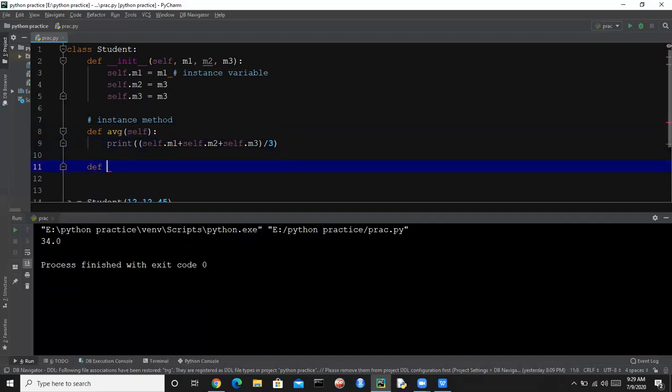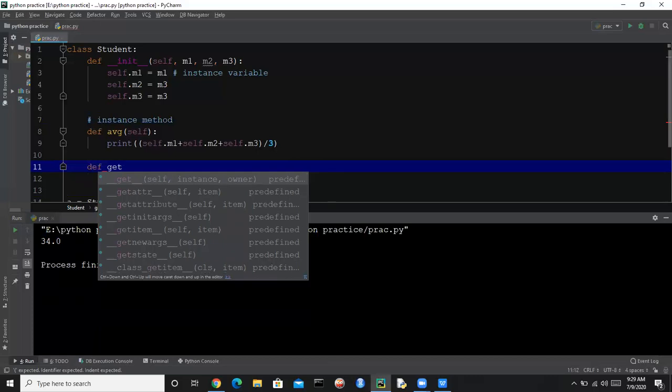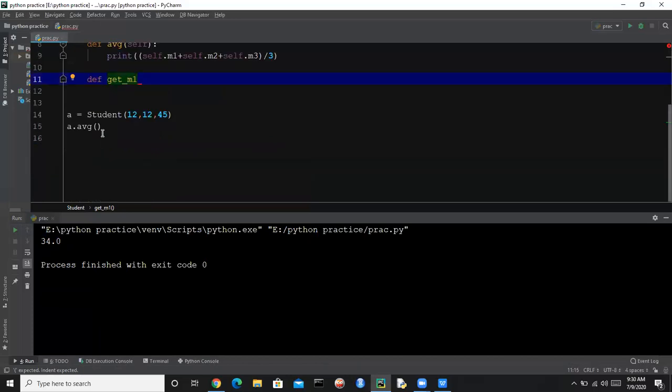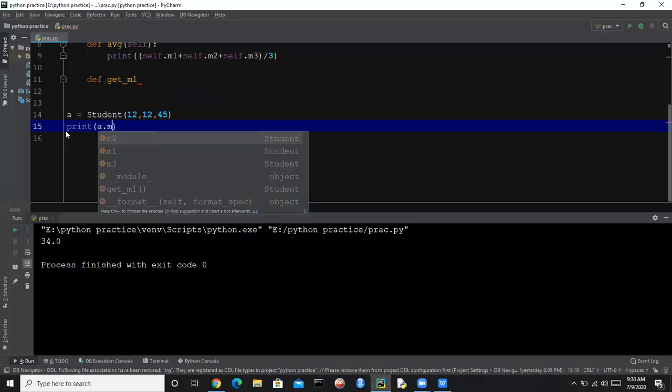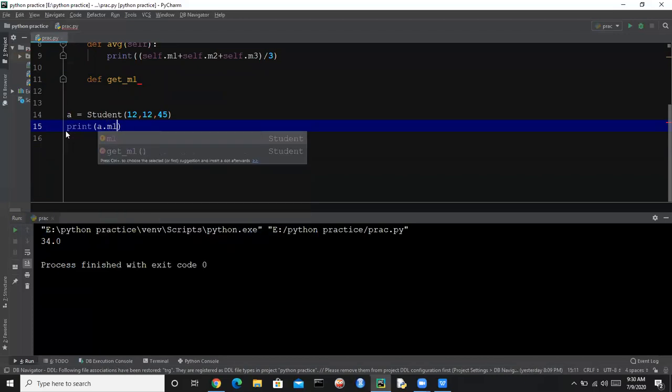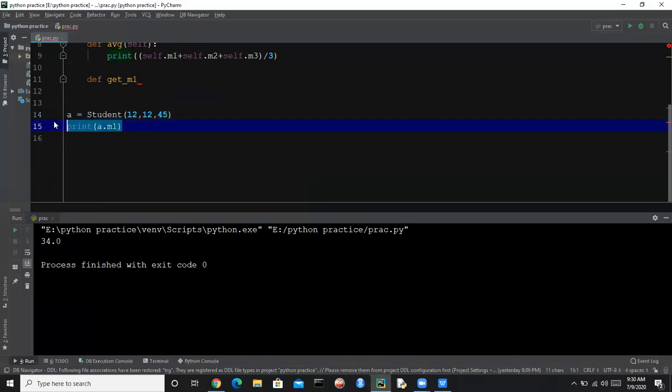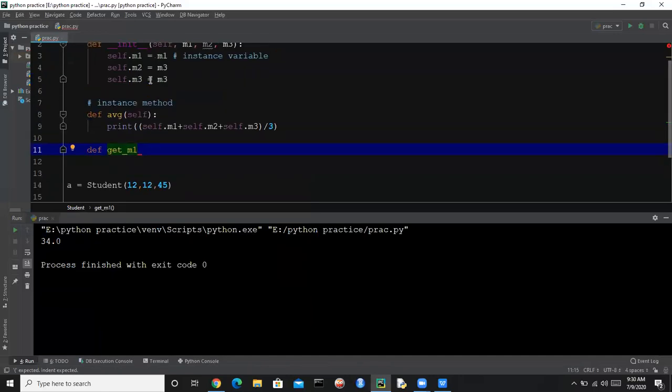So now let's create an instance method that is get m1. We want to fetch the value of m1. How can we do this? We can directly do this by using a print statement, a dot m1. You can just print this, but we are understanding what an accessor method is, so now we are creating an accessor method.